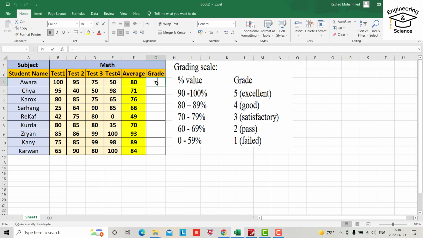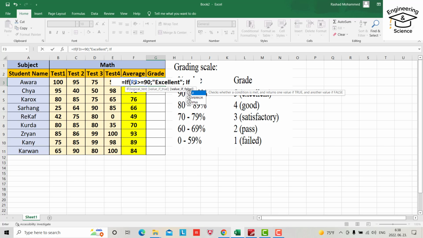Just write equal if this cell is greater or equal 90, it should be excellent. Okay, quotation and semicolon again. If another condition I need, the same F3, you can write F3 again, greater or equal 80, it will be good, semicolon, good,